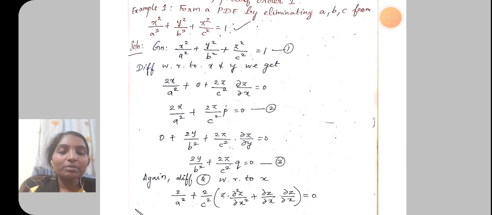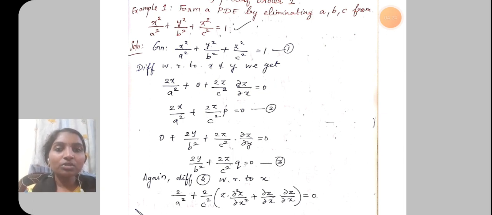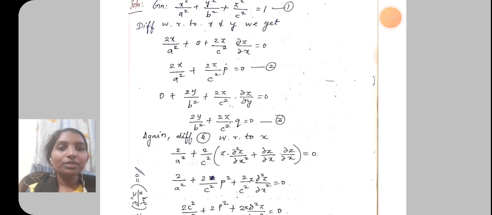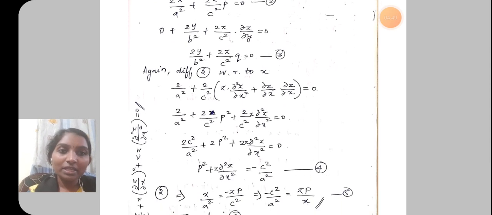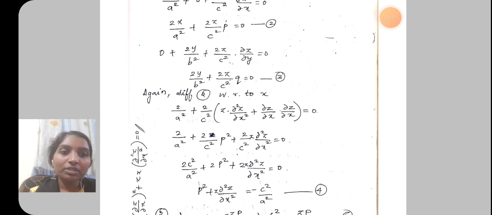What is 2? 2x by a square plus 2z by c square into p, which is equal to 0, which is in terms of the first order derivative, which is dou z by dou x. And moving on to the third equation, 2y by b square plus 2z by c square into q, which is equal to 0, which is with respect to the variable y. So q is dou z by dou y here. So we have got 3 such equations for the given equation, and we have differentiated for 2 such equations. Again we are going to differentiate 2 with respect to the variable x, and therefore we get an equation like minus c